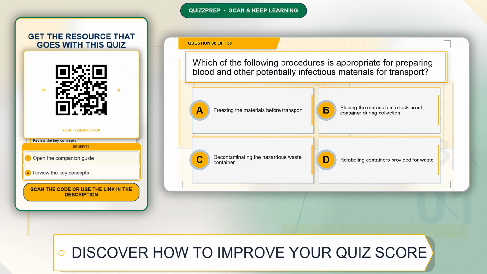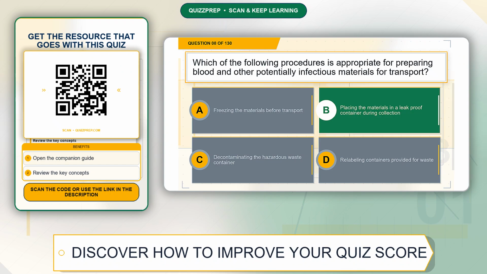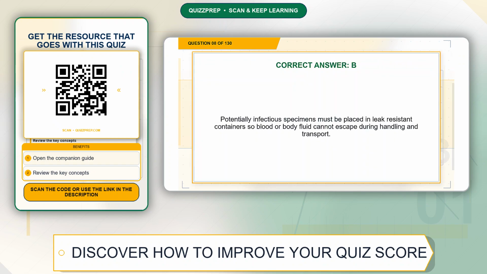Question 8. Which of the following procedures is appropriate for preparing blood and other potentially infectious materials for transport? Option A, freezing the materials before transport. Option B, placing the materials in a leak-proof container during collection. Option C, decontaminating the hazardous waste container. Option D, relabelling containers provided for waste. The correct answer is option B, placing the materials in a leak-proof container during collection. Explanation. Potentially infectious specimens must be placed in leak-resistant containers so blood or body fluid cannot escape during handling and